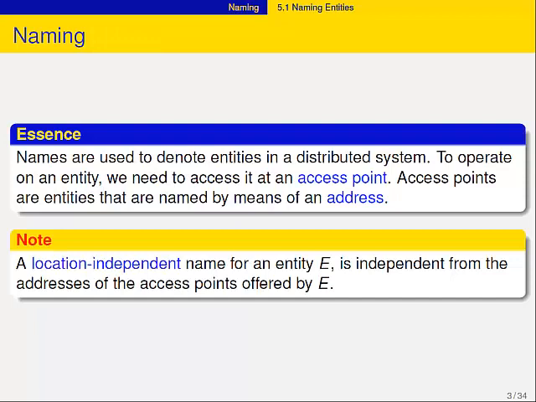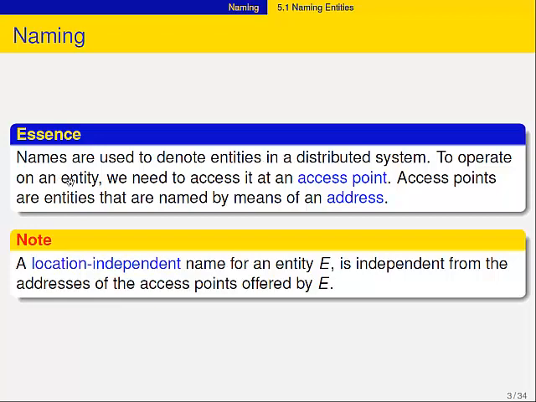Okay, let's talk a bit about naming. Now, this is the abstract part. If you take a look at what naming is all about, you have these entities in a distributed process, and entities can mean anything. They can be as concrete as a file. They can be a memory location. They can be a network address point. They can be a process, anything, okay? But you want to denote these things, and that's where the going gets tough.